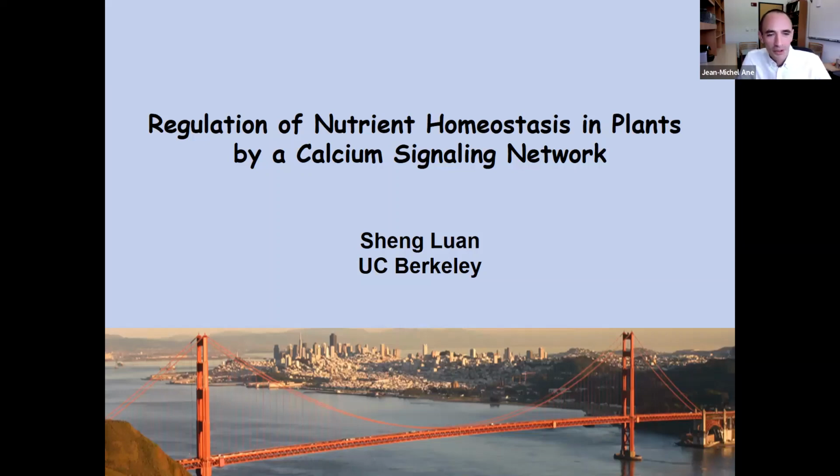Shen Luang's laboratory studies how plants perceive and respond to a diverse range of environmental signals. His research is focused in particular on calcium signaling, including the coding of calcium signature and ion channels, calcium channels, and decoding of calcium signature, and everything that happens downstream in terms of the biochemical processes, and basically how plants respond to the environment, looking at different parts of the plant cells from plasma membrane, vacuole, chloroplast, and we were just talking about nuclei.